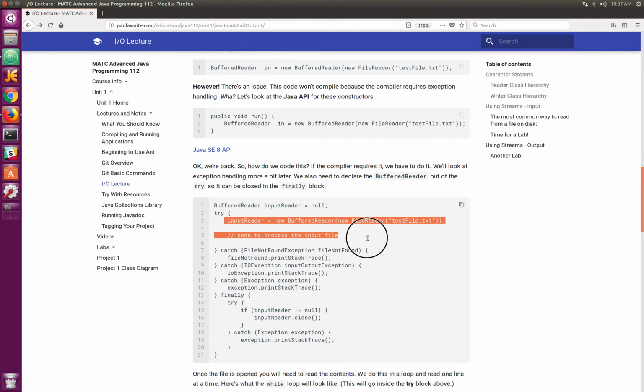So try to do this stuff, and if something goes wrong, then I can catch those exceptions. And you'll see that here I'm catching that file not found exception. There are additional exceptions that could happen. There could be an IO exception, and then we always want to catch the general exception. So if something happens that doesn't fall into one of these two categories, then this is the catch-all,